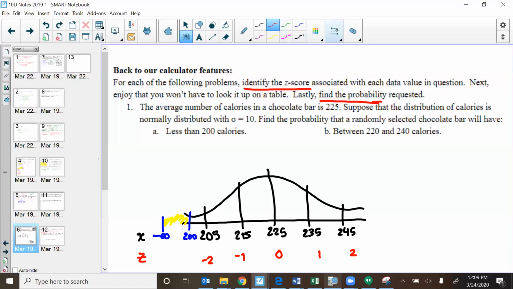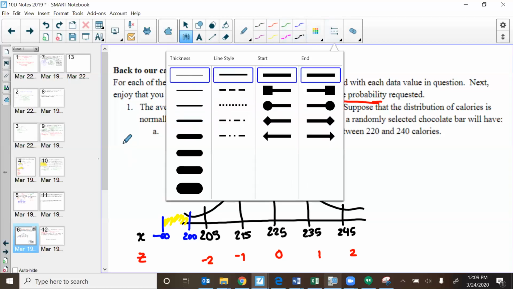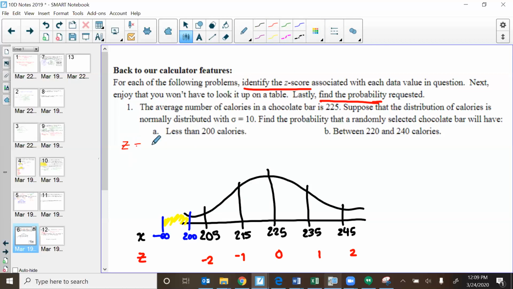So for z-scores, I'll use my formula: z equals the x value minus the mean, which is 225, over the standard deviation, which is 10. So that's -25 over 10, which is -2.5. And you probably could have guessed that that was the z-score. So now when it says find the probability, I can use what I was doing before, like in the warm-up, and I can say